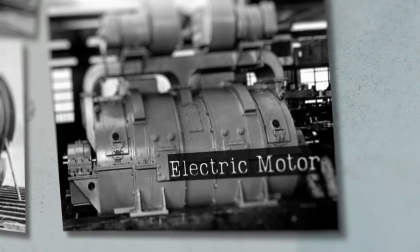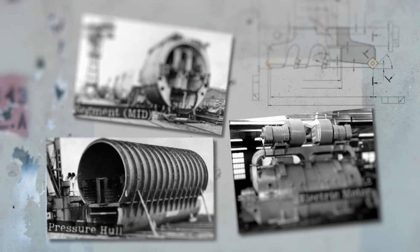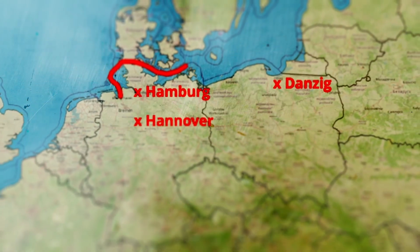Those segments were basically pre-produced pressure hulls, including all relevant equipment for that section, such as the engine, batteries, and all sorts of pressure pipes. The big advantage of this method was the decentralization of the production. Segments could be built in different locations, such as Hanover, Hamburg, and Danzig, and later on be only shipped to